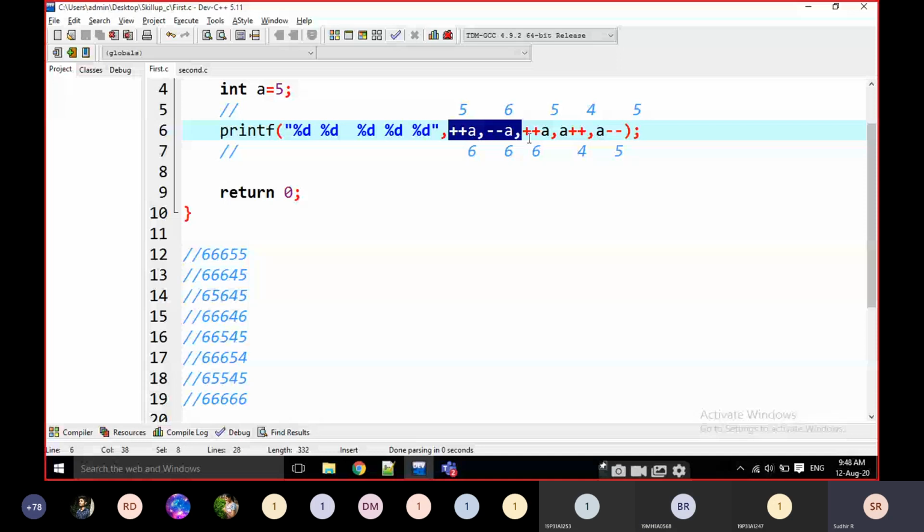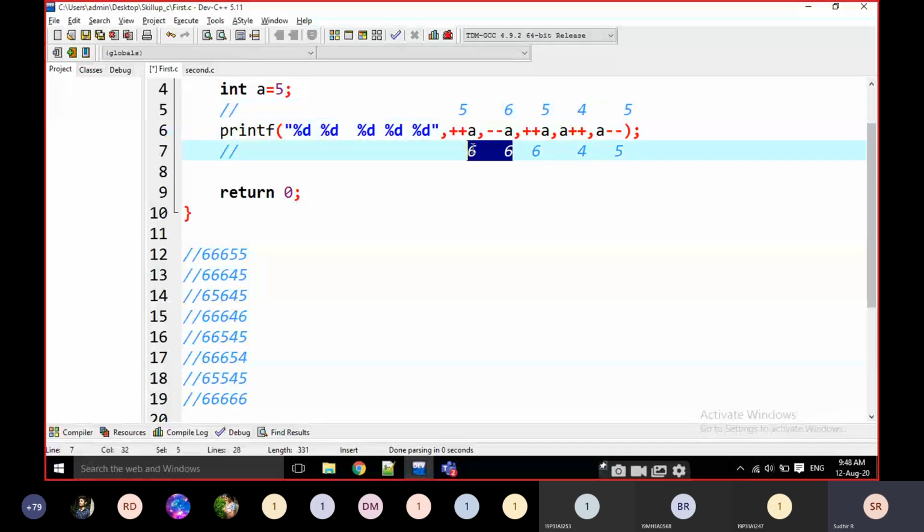Just wait. What value is it coming? 5 becomes 6 and 6 is printed here and 6 is passed to here.